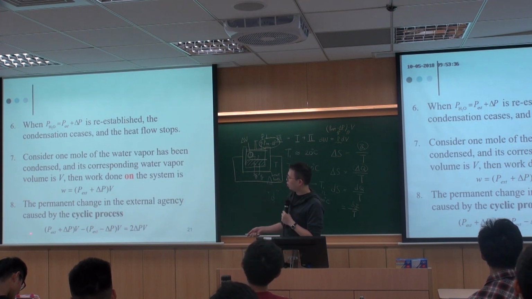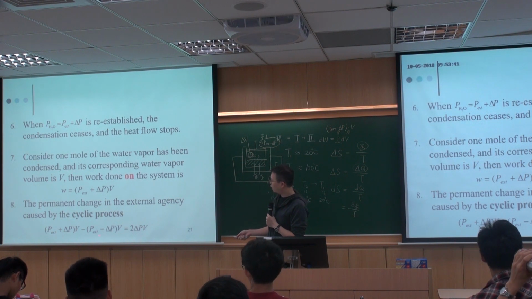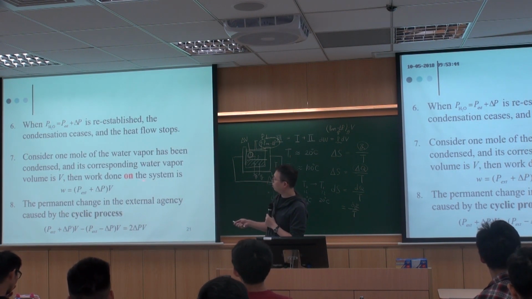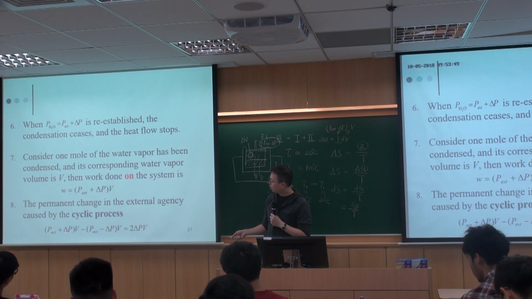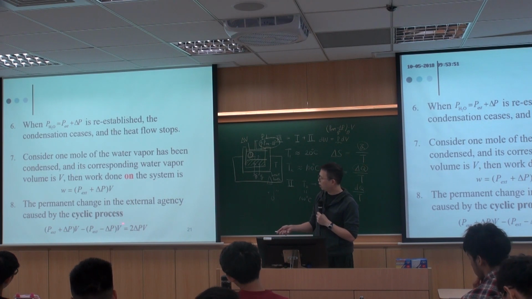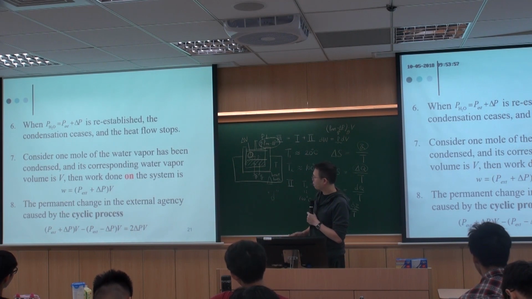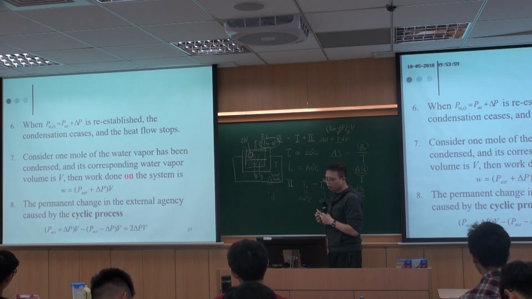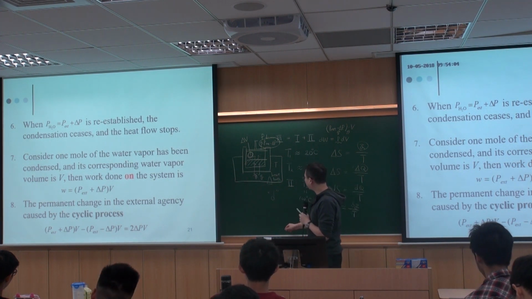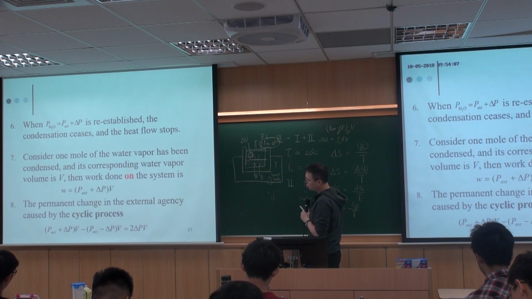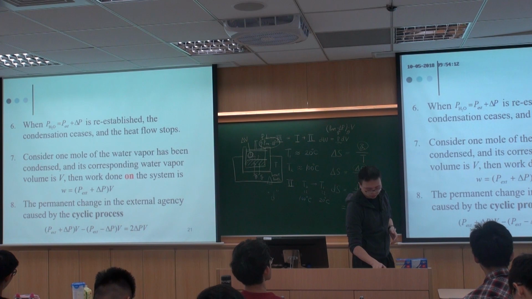Because at the beginning, you have this work done by the system, which is a positive number, and then you have this work done on the system, which should be a negative number, so therefore we put a negative sign over here. And if you calculate this, you'll realize that there's a net amount of work, which is 2 delta P times V. If you're not so sure, you can always draw this PV plot. And in this case, I don't have enough space. Let's see.